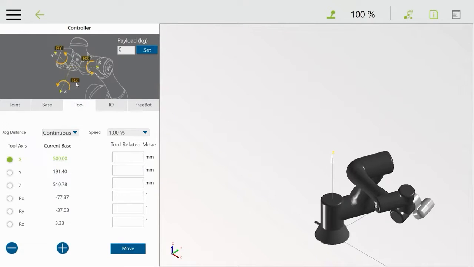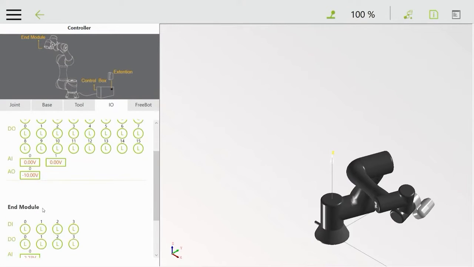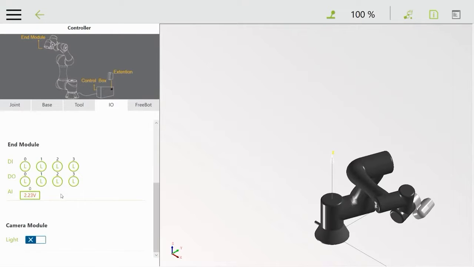The tool tab is for rotating around just the tool point. They call it tool control point. And then I/O, you can look at the inputs and outputs that are on the robot controller and be able to see what the values are, whether they're on or off, or what the analog value is. You can also turn on and off the camera light, the light on the camera here. I like this one just because we can see that robot. We'll go back